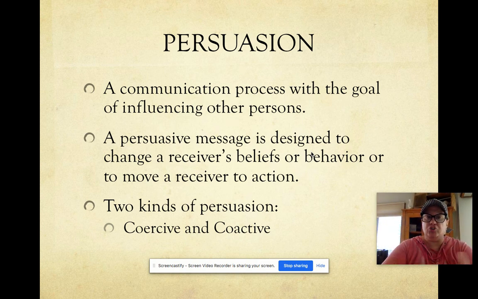So it's all about persuasion. Persuasion is just influencing other people. Most people get persuasion and argumentation turned around. You can win an argument very, very easily, because all you have to do to win an argument is get the other person to be able to see things from your point of view. If they can see things from your point of view, almost empathizing with you, you've won the argument. But it doesn't mean that you've persuaded them to give you what you want, or to change their beliefs, or to make them take some kind of action.